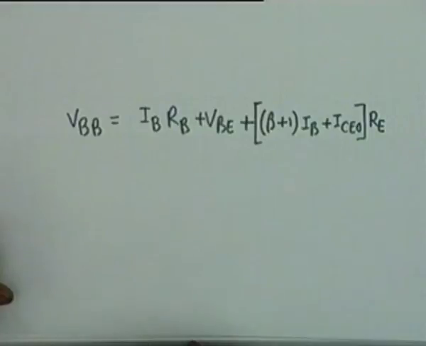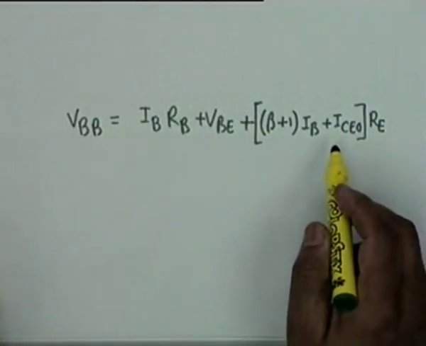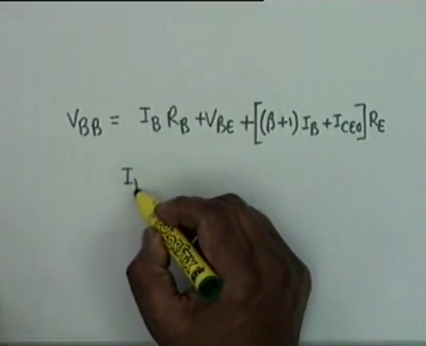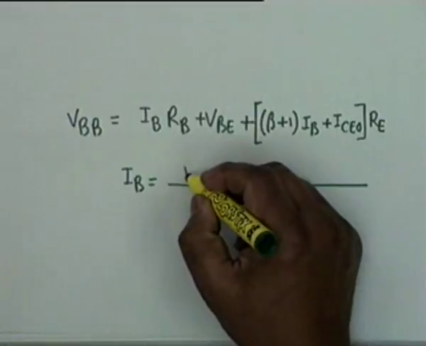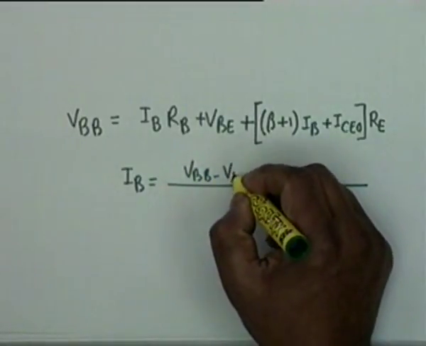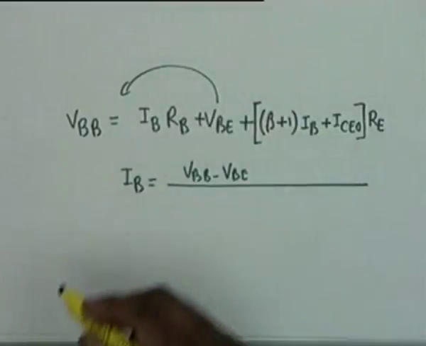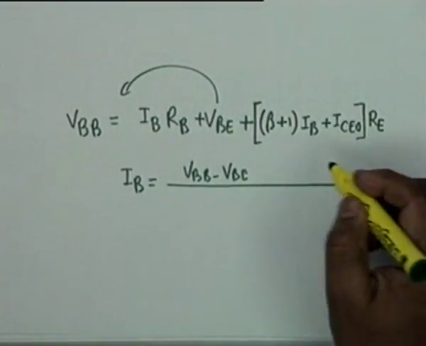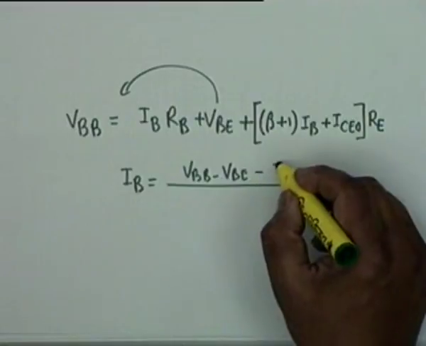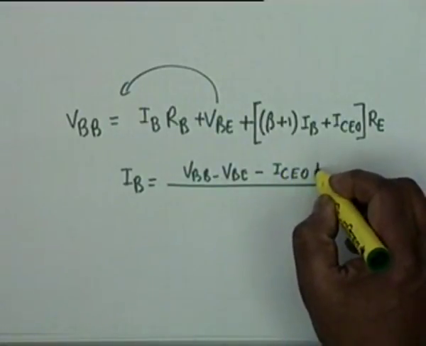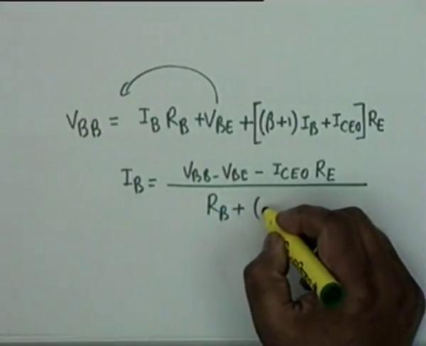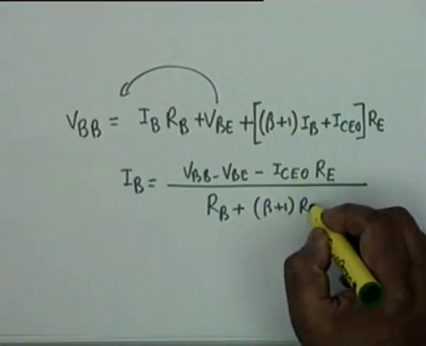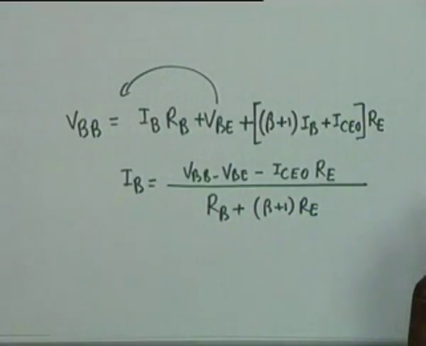This is the base current. This is the left loop equation, which gives you, if you solve for the base current, simply VBB minus VBE. This term goes to the left, and what else? Minus ICEO RE divided by RB plus beta plus 1 RE. This is the base current. All right. We will see